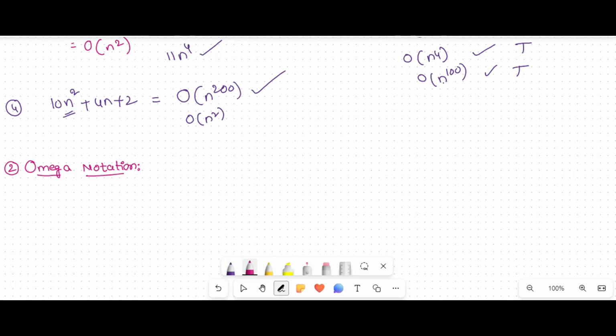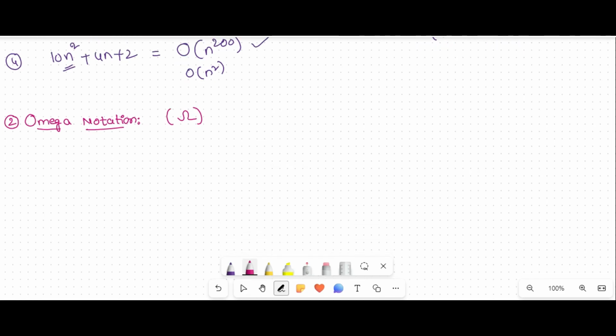Omega notation. How to denote this omega notation? Omega notation is denoted with this symbol, omega. Okay, what is this omega notation? So f of n equal to omega of g of n